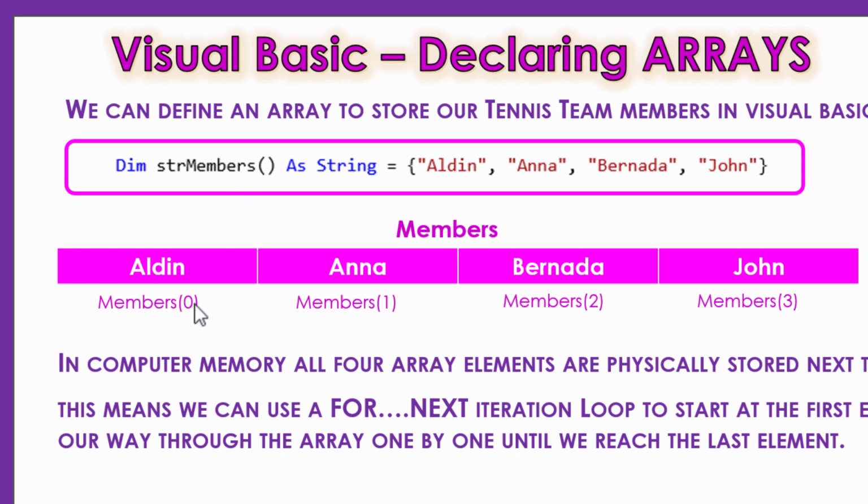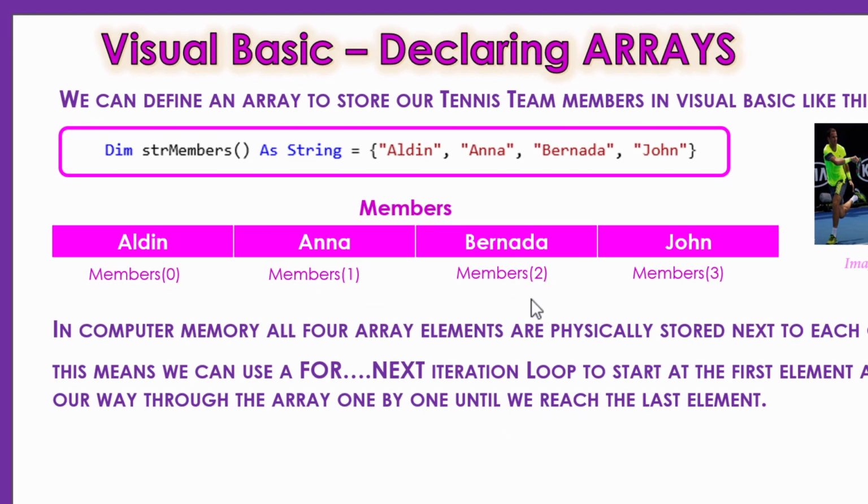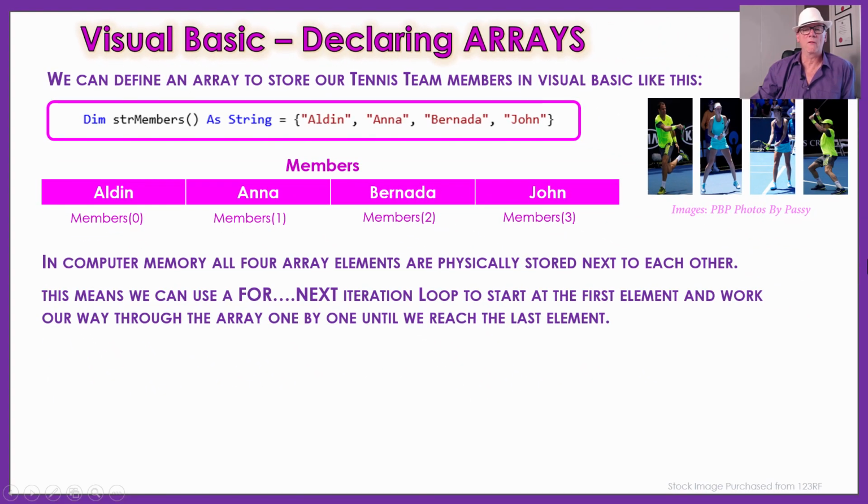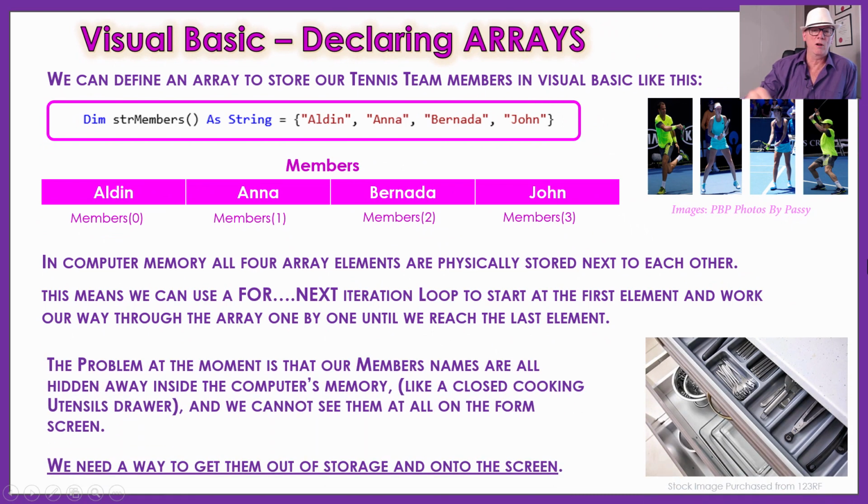So Alden's members 0, that's how we find Alden. We look for members bracket 0. And if we wanted Bernarda, we have to do members brackets 2 to reference her if we're referencing her in the program. So we can write a for next loop to go through here. Just like we did with substring processing back when we were doing validation, and it's really handy if you've done that lesson previously,